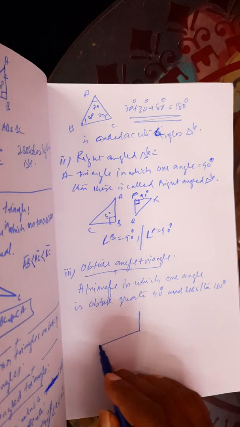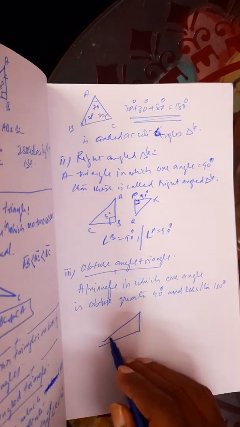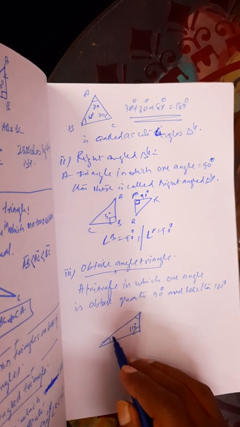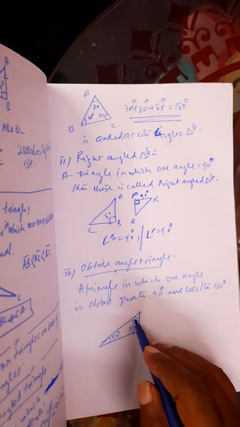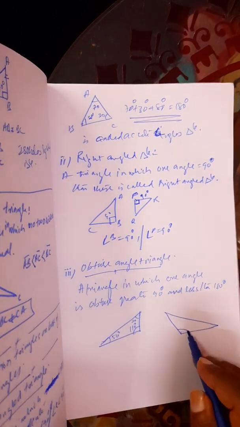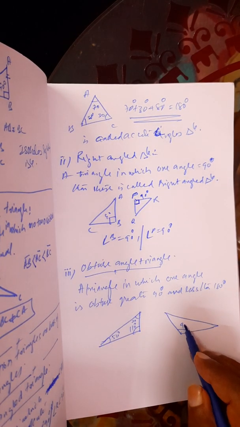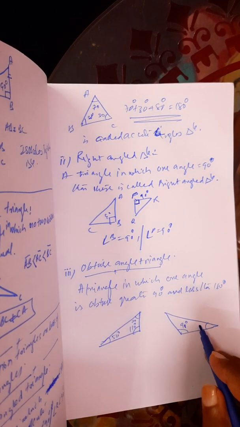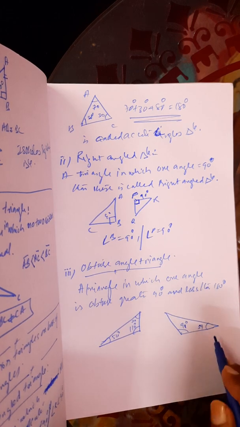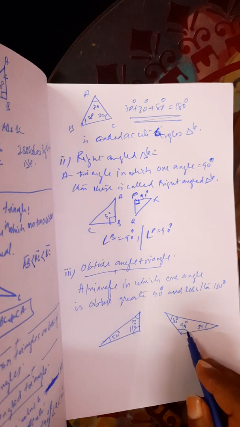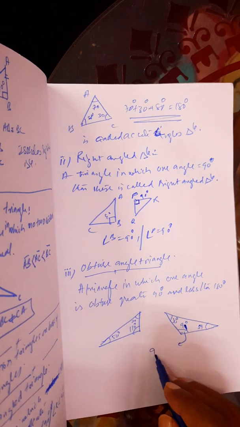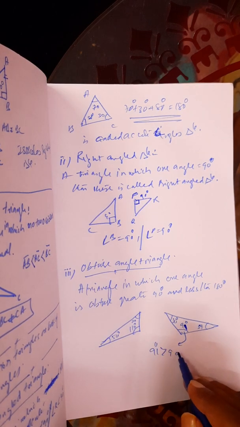We are taking this example. This and these are very small angles, this is 110, suppose 110, 50, 160, then the remaining is 20. So like this we can say that in an obtuse angle triangle, any angle which is 91 or greater than 90 qualifies. Here, 91 degrees is greater than 90, here 110.